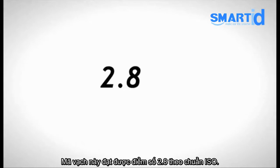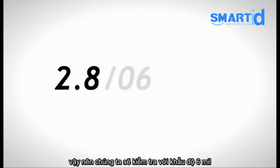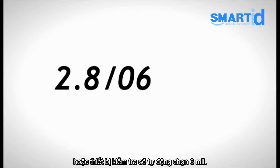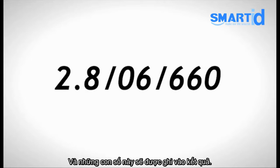So our barcode has achieved an ISO grade of 2.8. We know that it was an EAN 13, so we will have tested it with a 6mm scanner, or the verifier will have automatically selected 6mm if it was a type that chooses its own aperture. And the light source of most verifiers is 660 nanometers, so this will be stated in our result also. So our symbol grade is